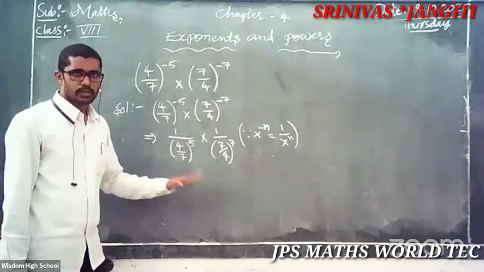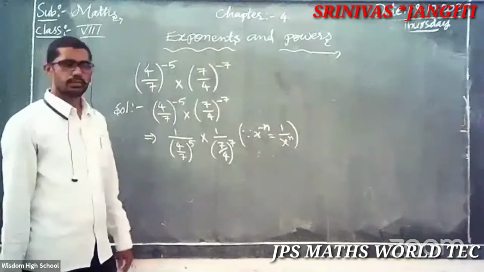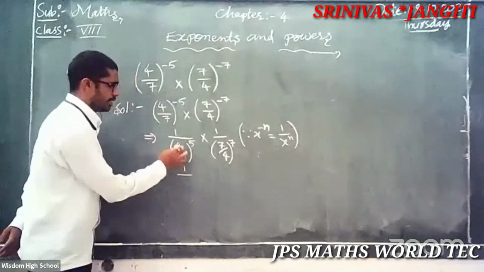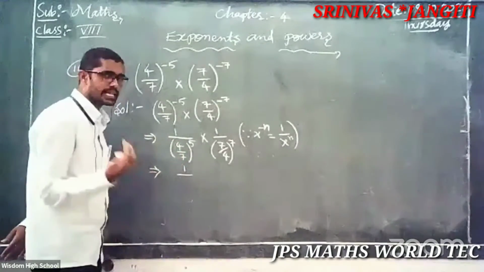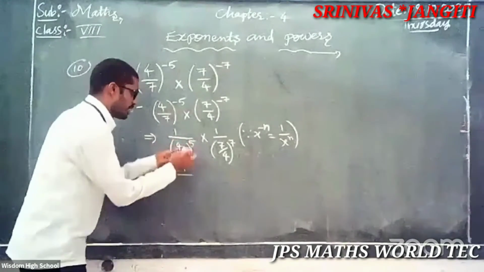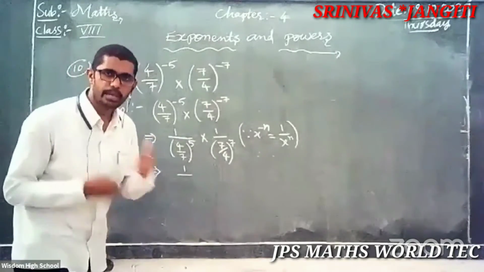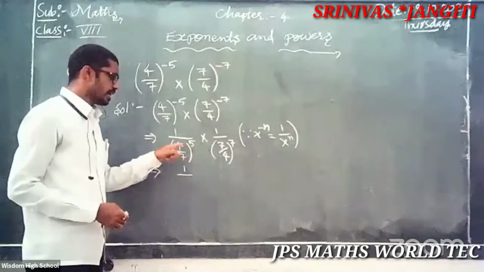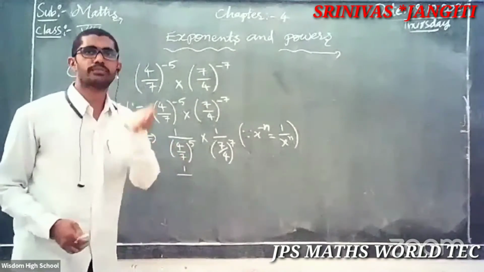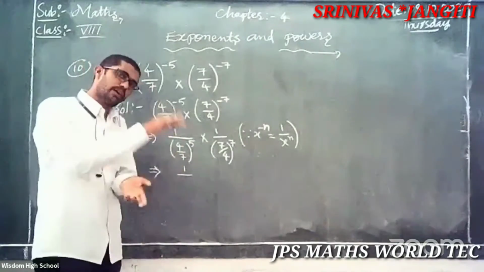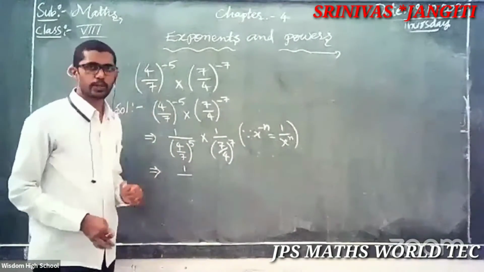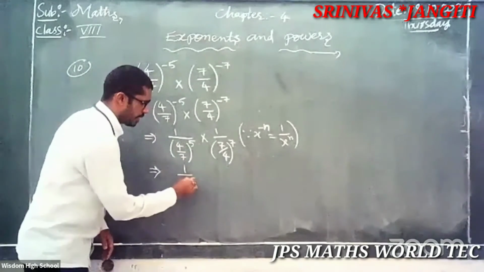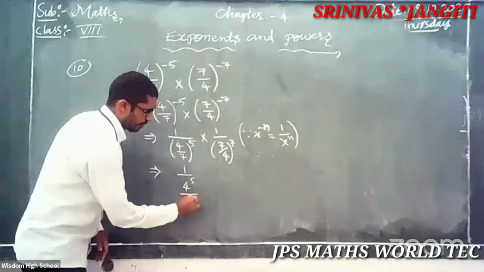Is that clear? Everybody clear? Then after here, the 10 points: what is here? 1 by (4/7) all to the power of 5. It is looking like, come on, tell me. Yes, very good student. It feels like an x, it feels like a y. What is here? (x/y) all to the power of m, then understand x to the power of m by y to the power of m. You will know. Then apply that. So what is here? 1 by 4 to the power of 5 by 7 to the power of 5.